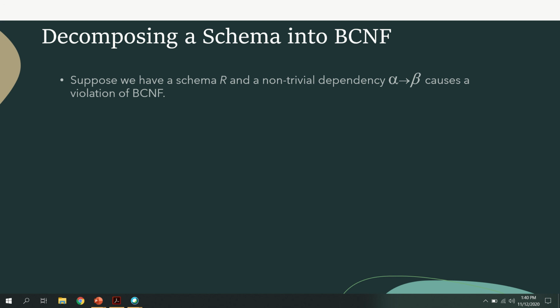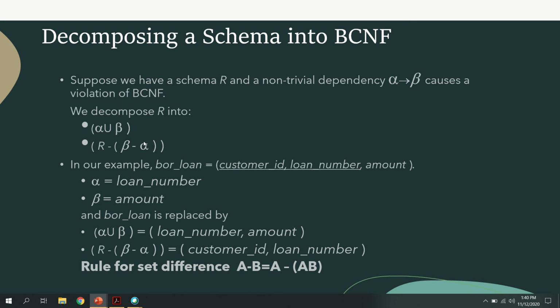So what is given? We have given a schema of a table, that is the name of the table along with its attributes. And suppose that this is a non-trivial functional dependency that does not make this table into BCNF. So the following steps will give you the idea how to decompose the table into BCNF. So first thing is that we know that this is a non-trivial functional dependency which makes a violation to the BCNF. That is, this is making a problem to our table which is not making our table into BCNF.